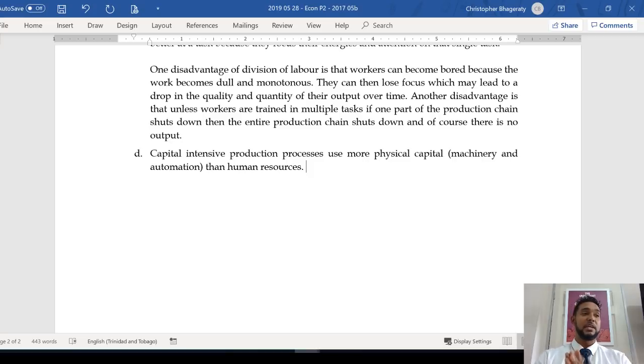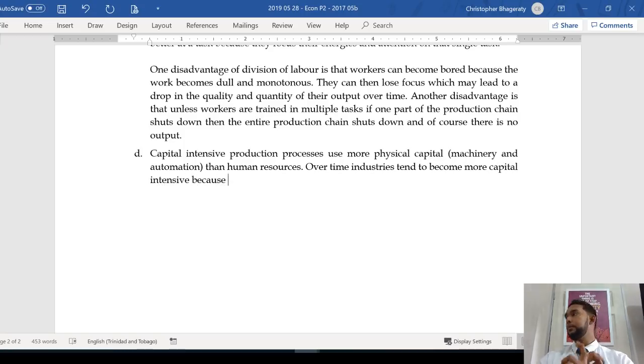Okay, so sorry, let's get back on track. Let's answer the question that was asked. The question that was asked is explain why over time industries tend to become more capital intensive, right? So because over time, industries tend to become more capital intensive